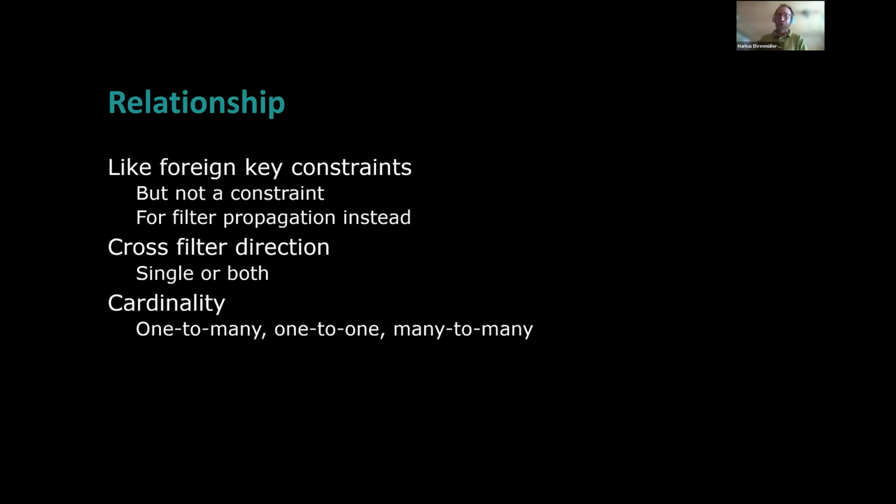You should avoid the other ones, the one-to-one and the many-to-many. The one-to-one relationship would be if you have one row in one table and in another table exactly one row again. Usually you would model this as one single table. The only reason I would model it as different tables is because maybe it's two different sources, or you want to have different refresh schedules for different portions of your data. And the many-to-many sounds really attractive in some situations, but again, you should avoid it because you're paying a performance penalty, and that would be that there's no primary key on either of those tables.